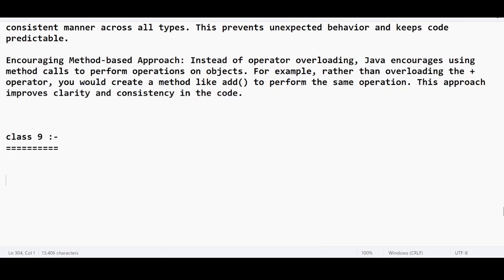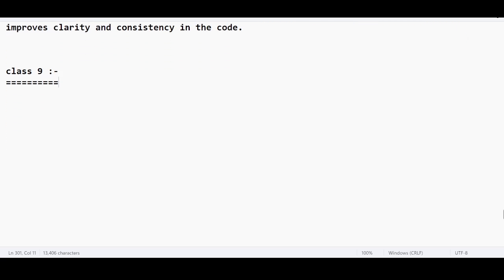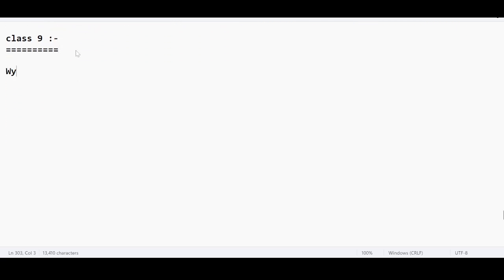Today, the topic is the last difference that we are going to see. Not the last difference, there are two more differences. Then we can start jumping into the program. So what is today's class? The discussion about today's class is why